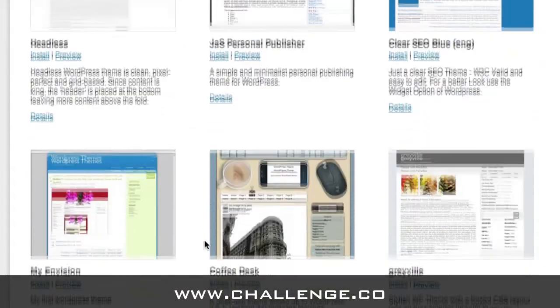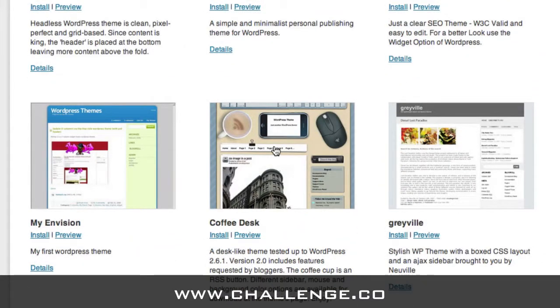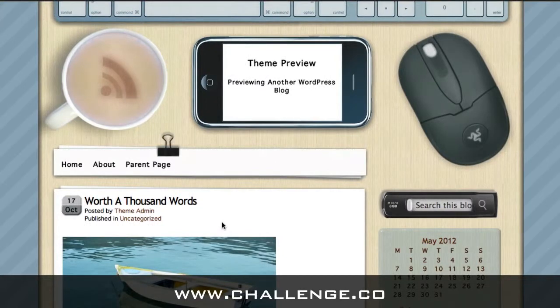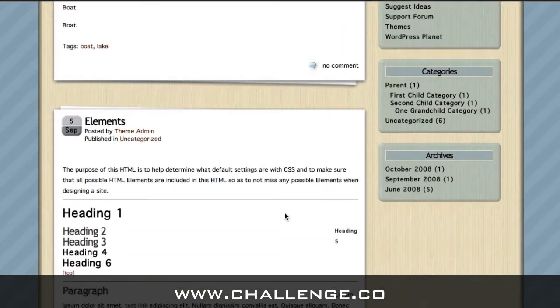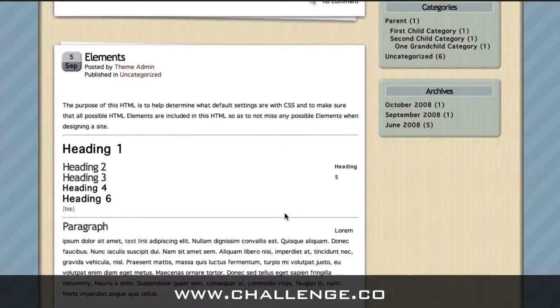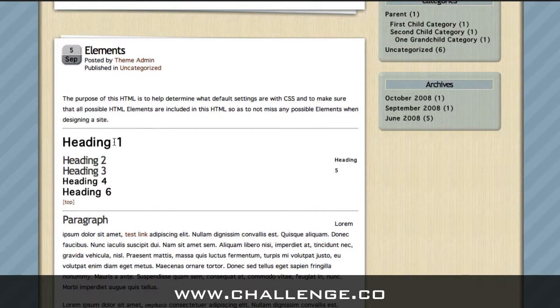So again, we can scroll down and take a look at any of these themes that we want, and if there's any that catch our eye, like this one here, it's got a bit of tech. There's an iPhone and a mouse. So if we click on the preview link to see what it looks like, we can see, yeah, at the top is a bit of a Mac keyboard, and then an iPhone, and it's not the best theme I've ever seen. It's okay, but as you look at the theme previews, you'll see it shows you how each